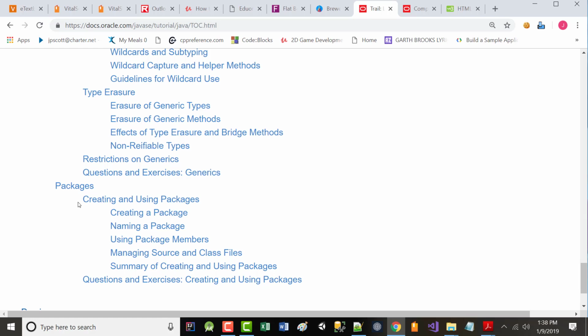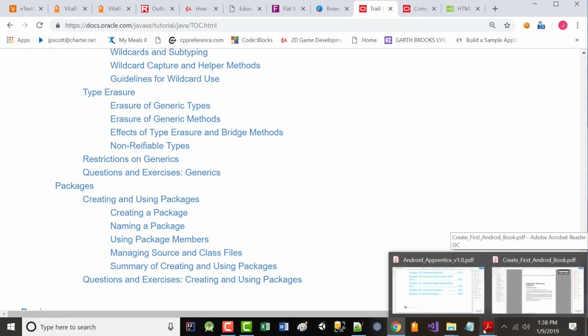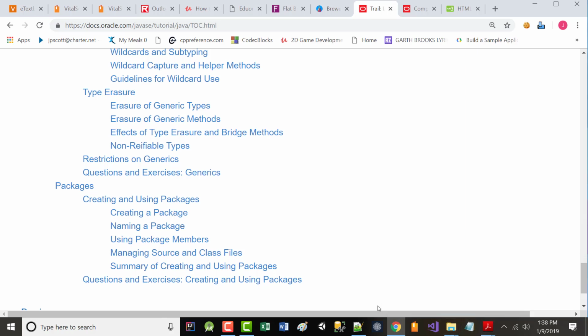Maybe we'll have a test next Monday and the following Monday. All right, well, we don't have class that day. That's the 21st. So the 22nd would probably be your second test. Then on the 23rd, we'd start, and the way I'm going to introduce the Android stuff to you is that the first thing we're going to do is write the application in the first chapter of the book,